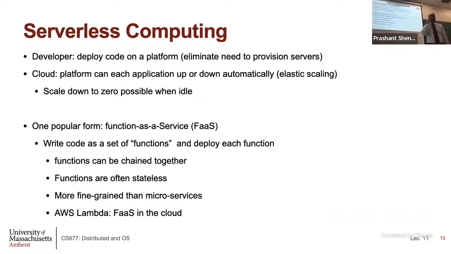The question is, is serverless more efficient than a single server that's busy? That's what you're asking. The answer to that depends on what the functions are in your application to some degree. You could write an entire application as a single piece of code, one monolithic server. That's one way to write it. In fact, your lab one did exactly that. Your entire application was one big component. And then if the component gets overloaded, you basically have to run that piece of code on a bigger server.